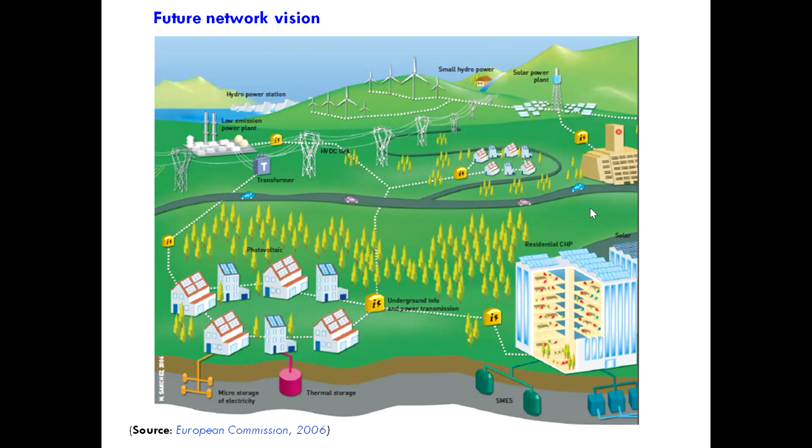So just to recap, over the previous few slides, we have been looking at the developments in the power generation sector, starting with the history of the development of the electric power system, the drivers for the development of power generation, shortcomings, and how these shortcomings are being addressed by the development of distributed generation.